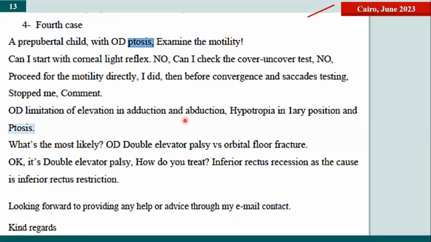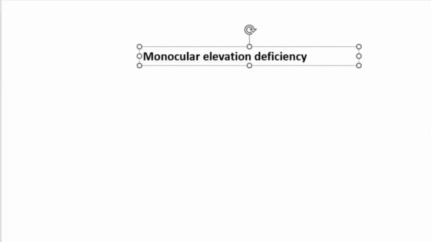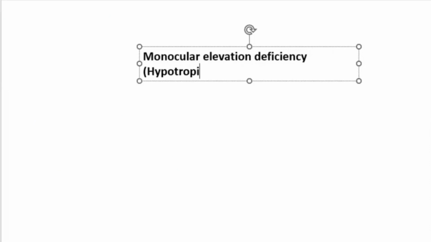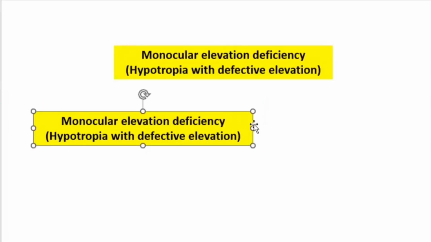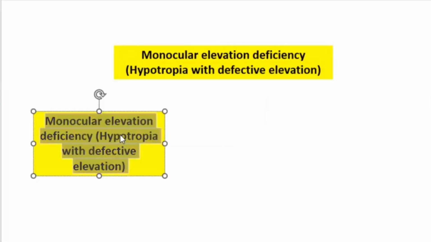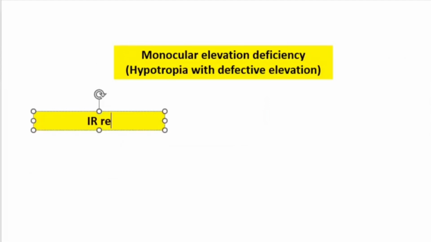And then monocular elevation deficiency could be due to inferior rectus restriction, or double elevator. So you have to mention this whenever you have hypotropia with defective elevation. And then under this heading we have two possibilities: